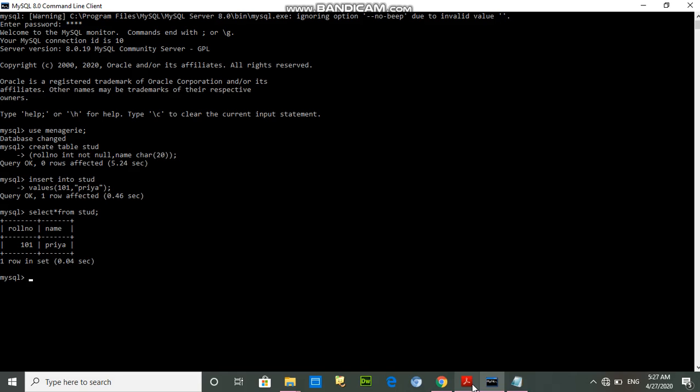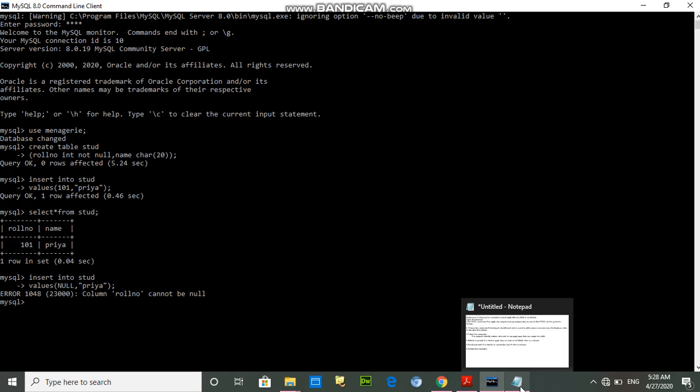But when we want to enter a null value in that particular column, it will not be accepted. So this is the not null constraint. That's clear. If we apply the not null constraint on a particular column, then we can't enter a null value in that column.